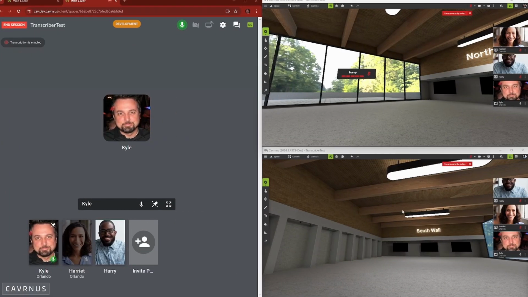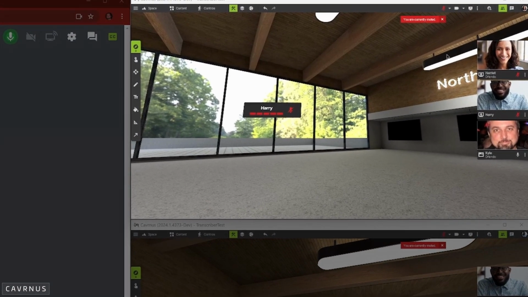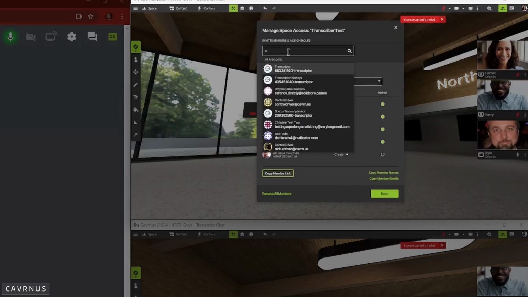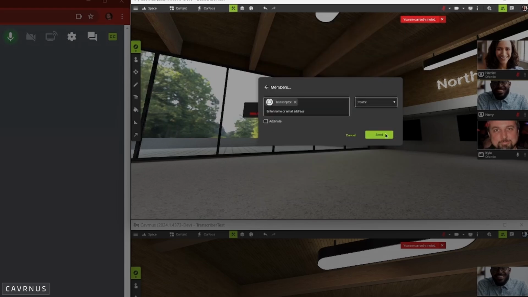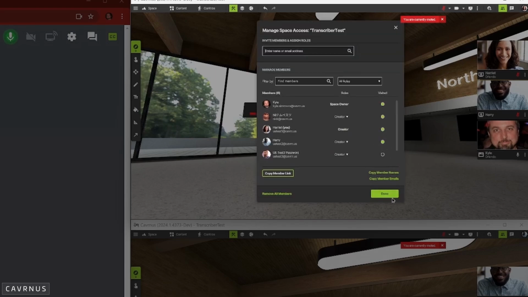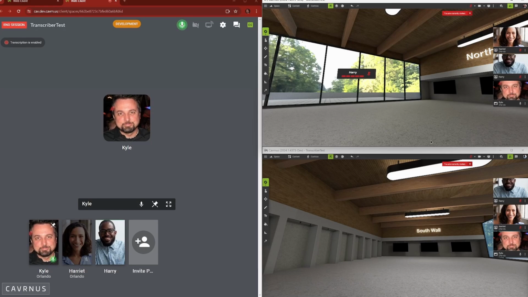To get started, simply invite the transcriber bot to a Cavrnus space, just as you would invite any user. Click the Invite button to bring up the member manager. Then use the search filter to find the transcriber. Add the transcriber to the members list, and you're ready to go. The invitation will be automatically processed on the server, and after a moment or two, a transcriber bot will join